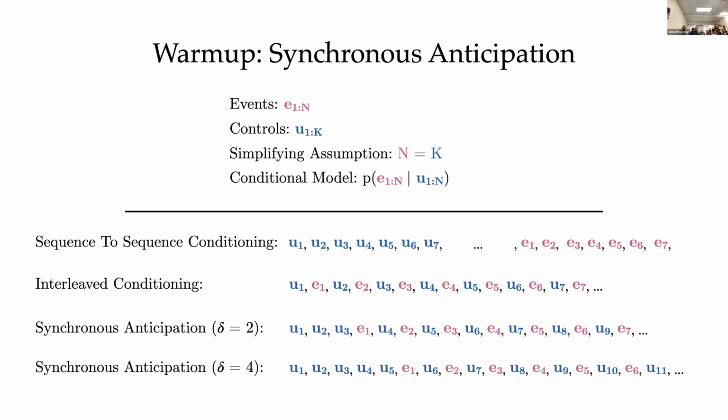But it's very interesting. You need some metric or criterion for retrieving stuff, and it gets tricky. But here we're just going to construct these sequences, and we have a strong opinion about what's relevant. What's relevant are the most recent events in the history, the most recent controls in the history, and future controls up to this anticipation interval in the future. That's a very explicit inductive bias about what's going to be important for making predictions.